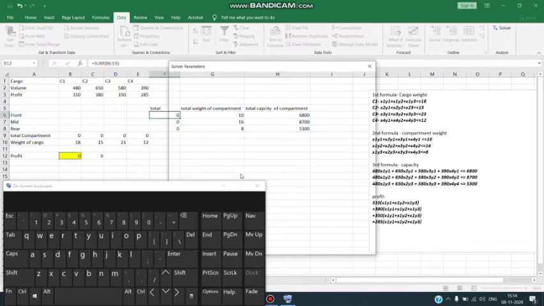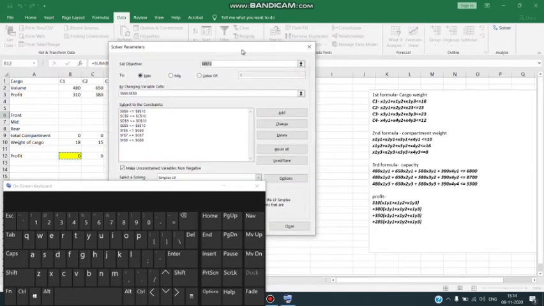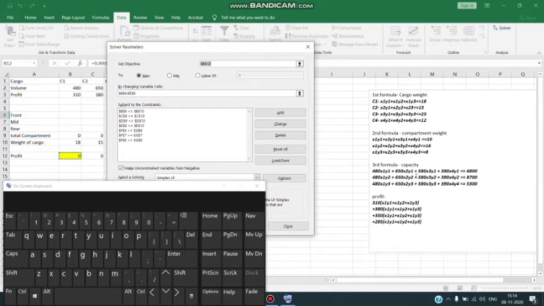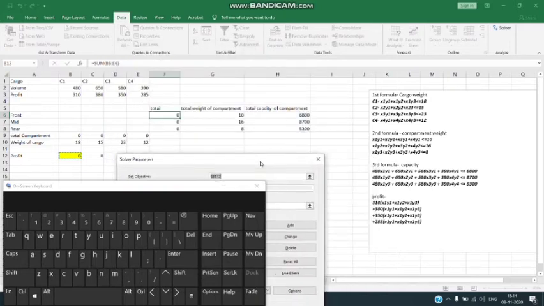Okay. So now we have added our cargo weight as well as compartment weight. Now the third equation was related to the capacity of both cargo as well as compartment. If you look at the equation properly, it says that the 480, which is my volume of cargo 1, should be multiplied by y1, which is my front section compartment, and plus 650, which is my cargo 2 value,